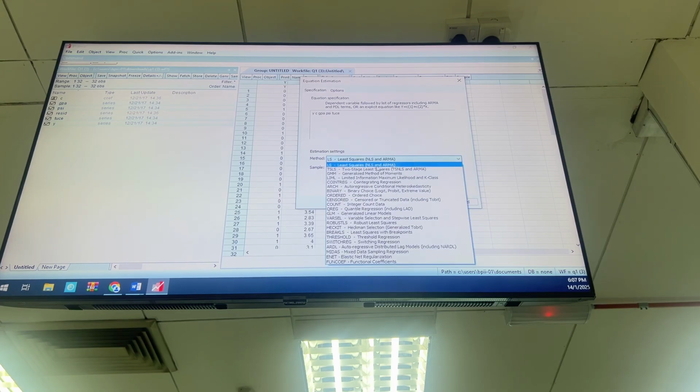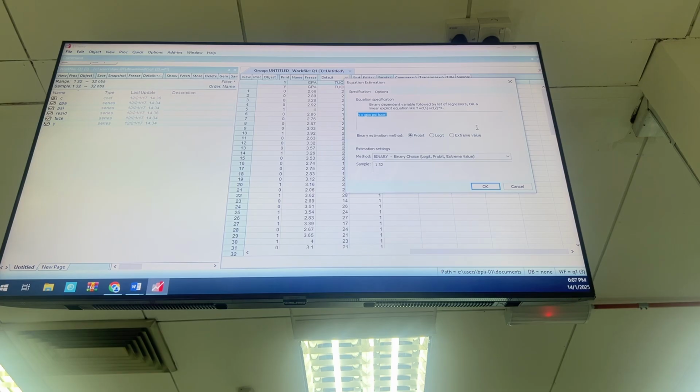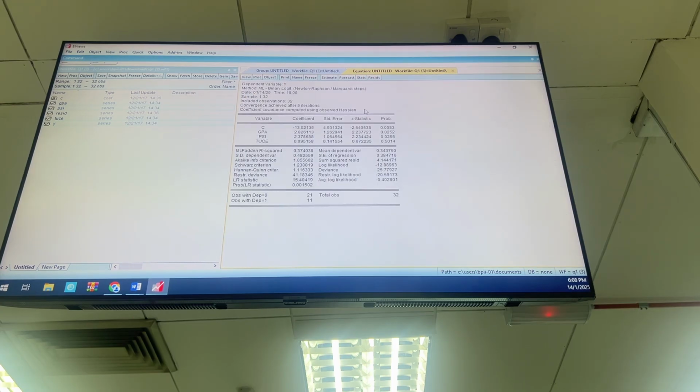Okay, and then select binary. As I mentioned last week, there are two models available, but we just use logit. It is easier in terms of calculation, more easier than probit. So we get this output, and then you can just interpret